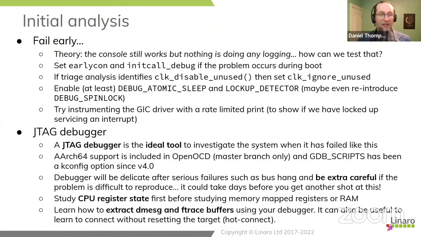The other elephant in the room is the JTAG debugger. So if you have a JTAG debugger and your board has just stopped dead, connect the JTAG debugger and try and extract a backtrace. For people who have a JTAG debugger, this will seem incredibly obvious. But the nature of Linux programmers is it is very common for us to work on boards where we're a bit fuzzy about how to attach the JTAG debugger, because so many of the debug tools are self-hosted. Even where there is a JTAG socket, we might not know how to use it.